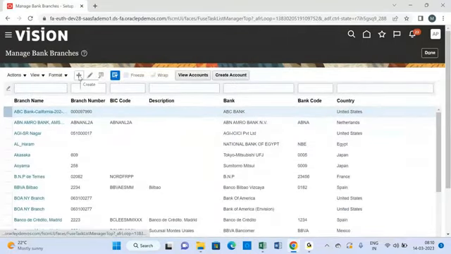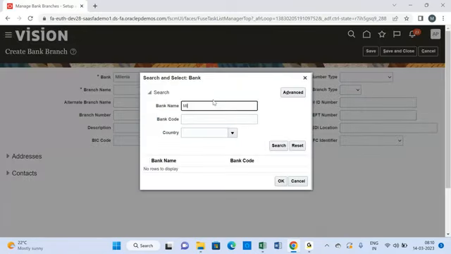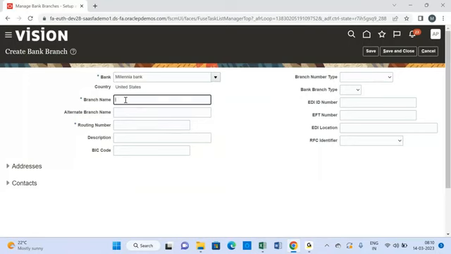Click on create and select the bank for which you want to create a branch, and the branch name I want to give. Let's see if it works. If not, then we'll get the